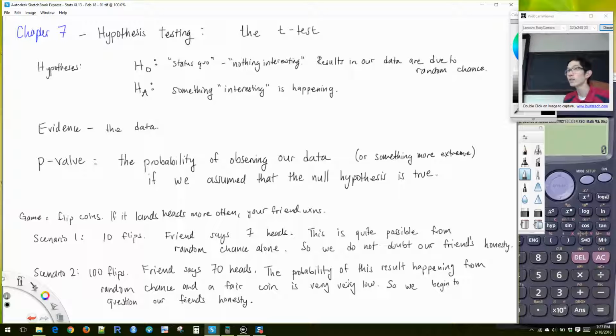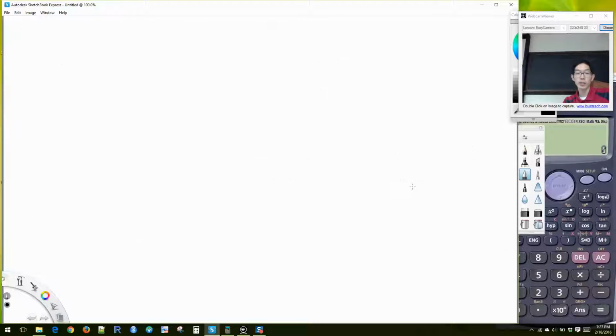But this is kind of the way hypothesis testing works. We assume that the null hypothesis is true, and then we say, if the null hypothesis is true, what's the probability of getting our data. That number, that probability, is called the p-value. It's the probability of observing our data if we assume the null hypothesis is true. And so the conclusions that we make are, if the resulting p-value